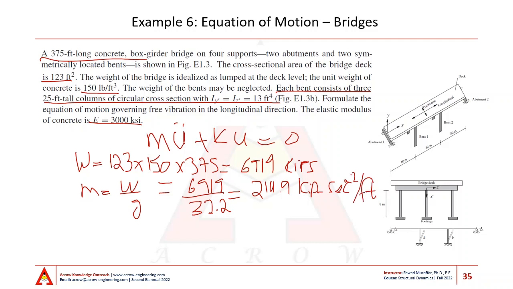now 32.2 feet per second square is the value of acceleration due to gravity in feet and second units. The stiffness in the longitudinal direction due to the deformation